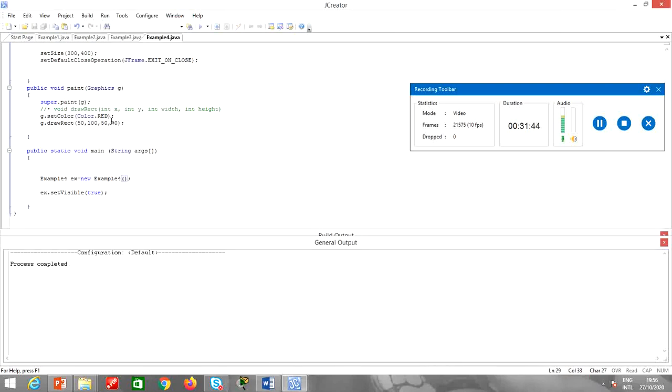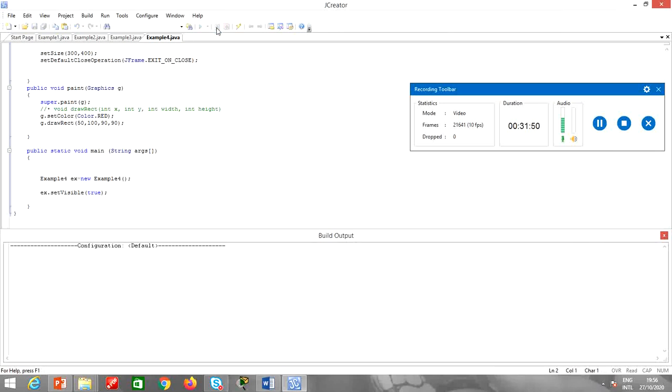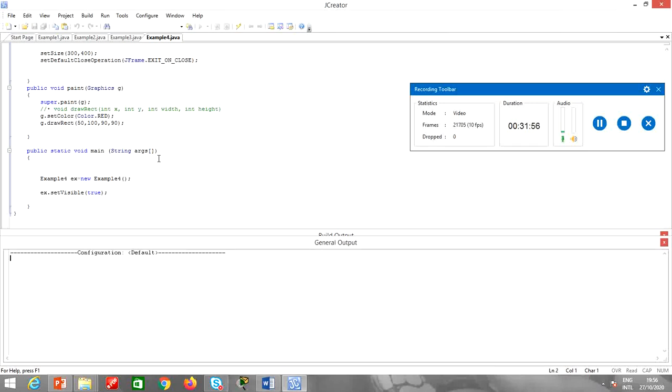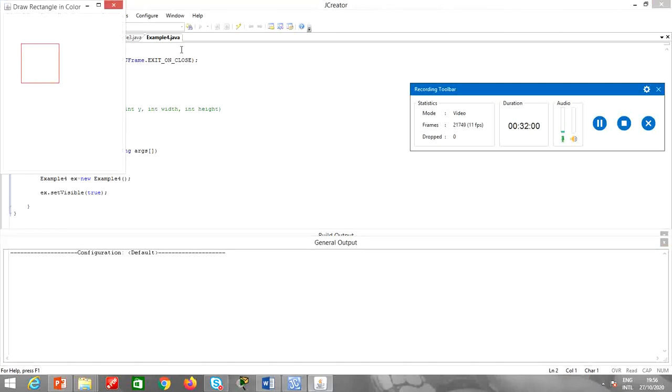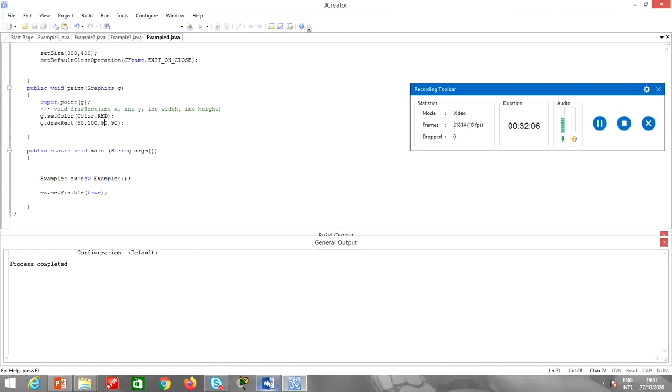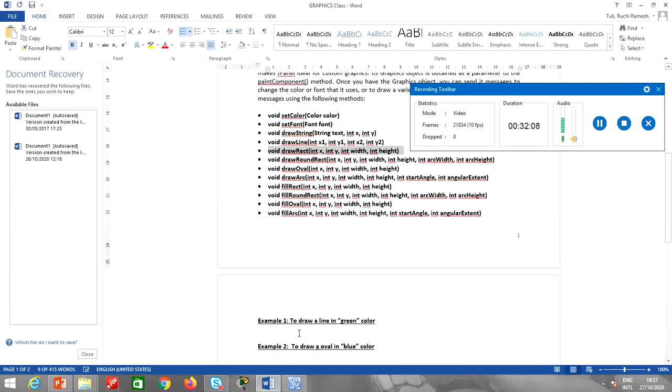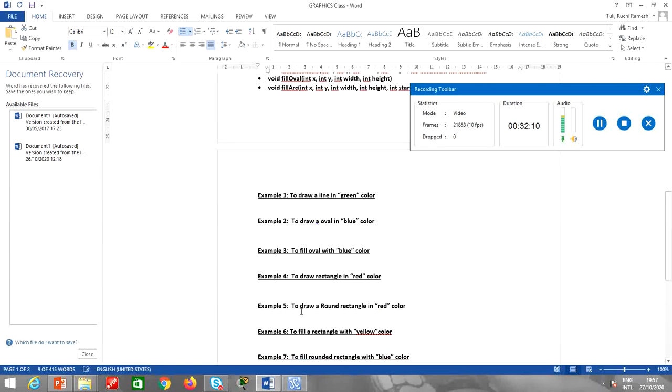Alright, now if I keep the width and height the same, we don't have any square method, draw square method. So if I keep height and width the same, it will be a square. So it's a square. We don't have any square method, just like we don't have any circle method. Alright, now let's go for